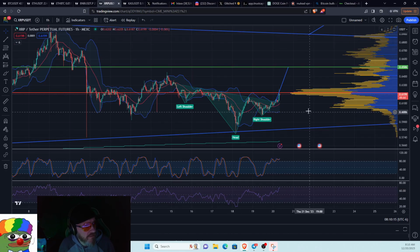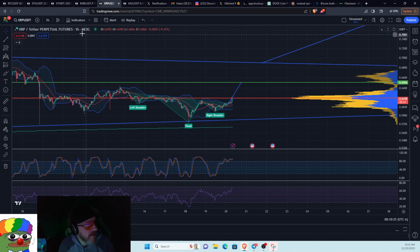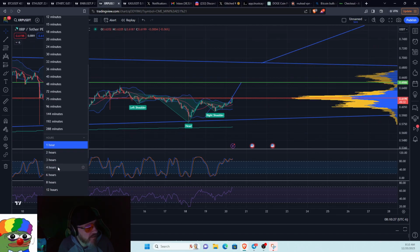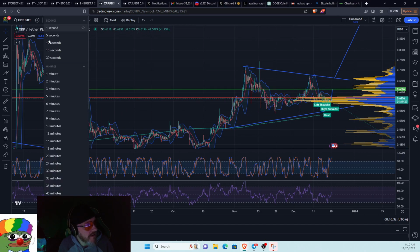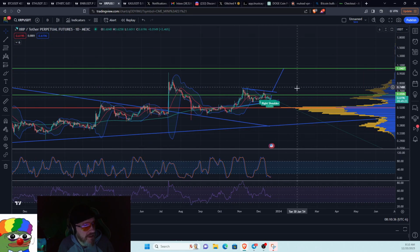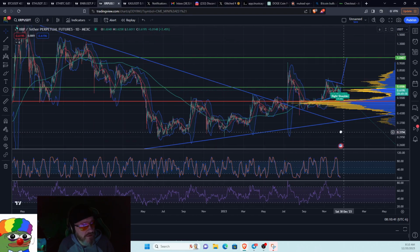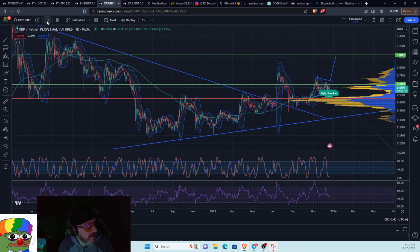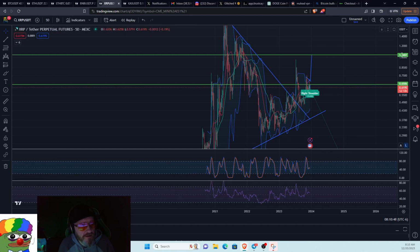I'm also in a long for XRP, long in the breakout of this inverse head and shoulders here, looking for much higher price targets on XRP as well. There is a larger pattern here that we should see a break of. So you can see this triangle consolidation, and that is actually part of a larger pattern as well, where we're seeing this kind of a cup and handle form on the daily, and that's also part of a larger, more speculative pattern. And I do believe, based on what the XRP chart is showing me here,